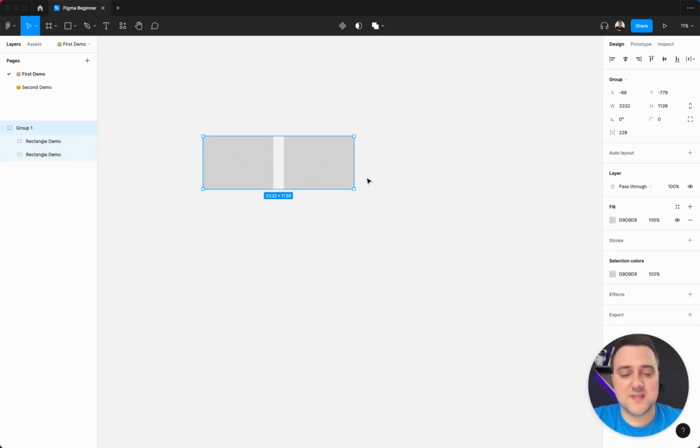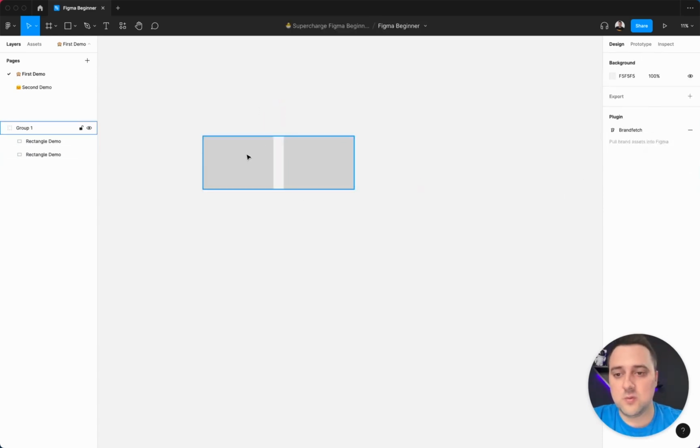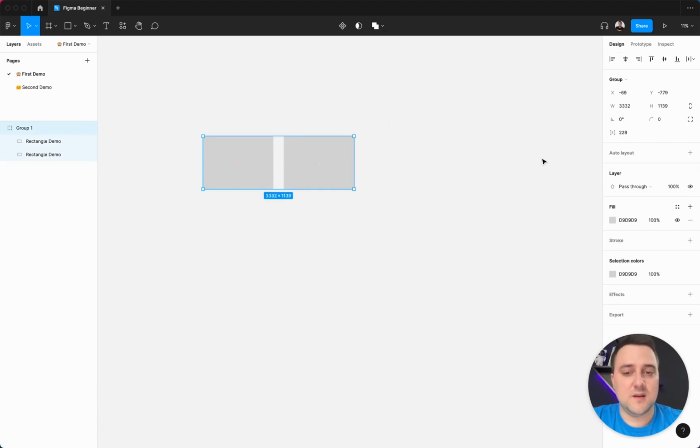Now, what's specific about groups is you can't really work with how things are positioned inside that particular group. And also, there is no ability for you to clip content in a particular way. I'm going to show what that means in a second, but basically think of groups as something that's containing all of the elements that you have selected, and the width and height of that element, which is something that we see here on the right sidebar with width and height,